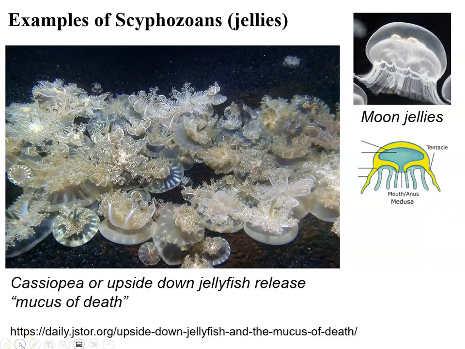All right, let's take a look at our next class, the scyphozoans, which are the jellyfish. The ones shown here are Cassiopeia, or the upside-down jellyfish, and these are common in Florida Bay, as if you were driving down to the Keys, the waters that are on both sides of the road as you're driving down US 1, there are likely upside-down jellyfish in there. So what's interesting about them is, well, they're upside down. So their tentacles, which contain the stinging cells, are actually right side up,